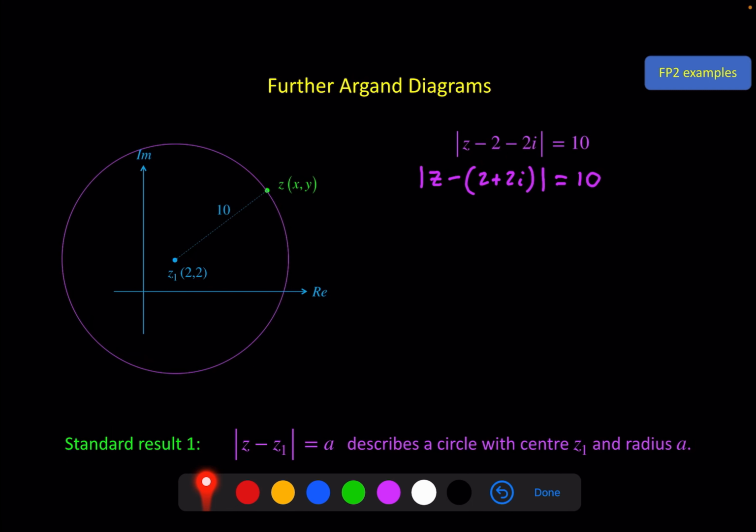And the radius of the circle, of course, is 10. Now to find the Cartesian equation of this circle, you've got two options. You can either use the fact that you know the center and the radius from the Argand diagram here, and just write the equation as you know it from your previous work, or you can use this equation as a starting point here, substitute x plus yi for your z,